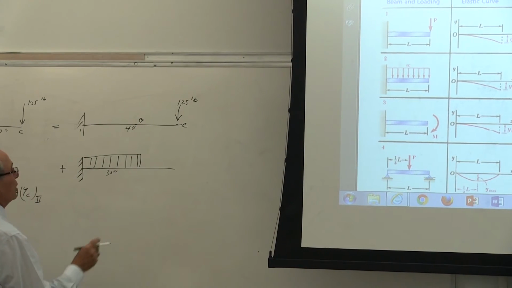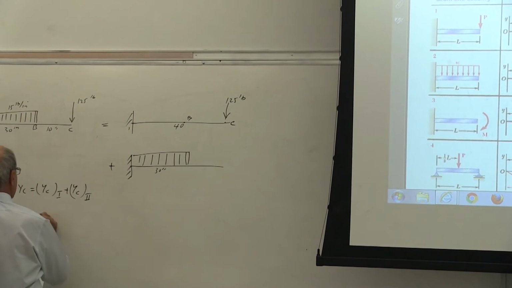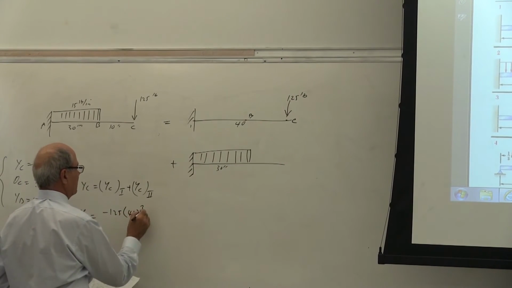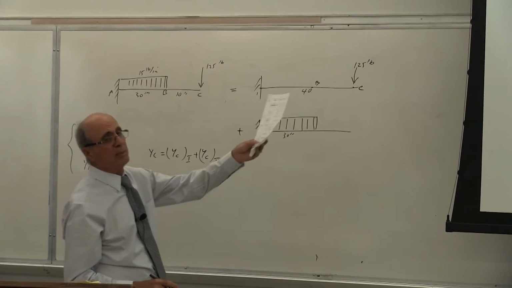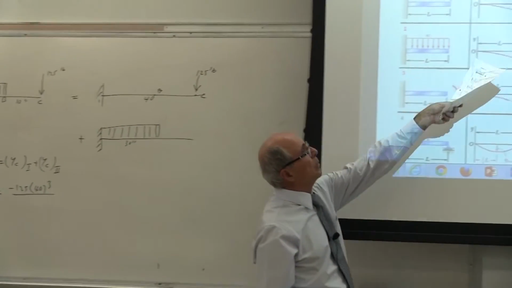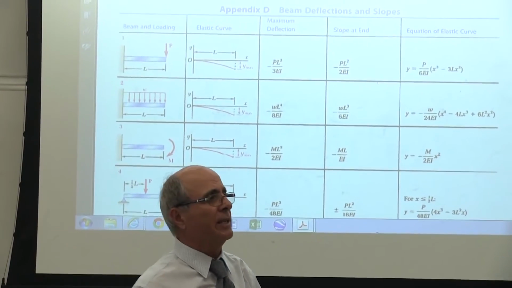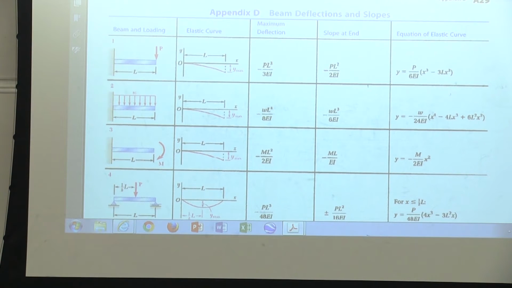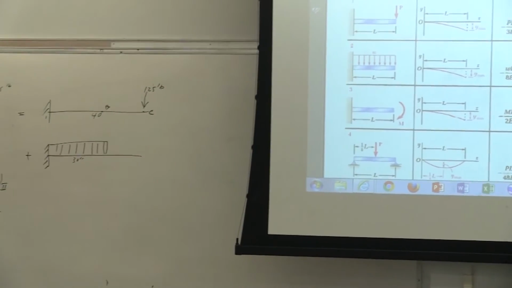Therefore, that's equal to, look there, minus 125 times 40 to the power of 3. I'm just putting numbers there. Is that correct or not? Yes? Are you with me? Minus PL cubed divided by 3EI. Correct? For the time being, I put the EI there, and then at the end, we can add it if we want to. Sometimes we solve everything in terms of EI.